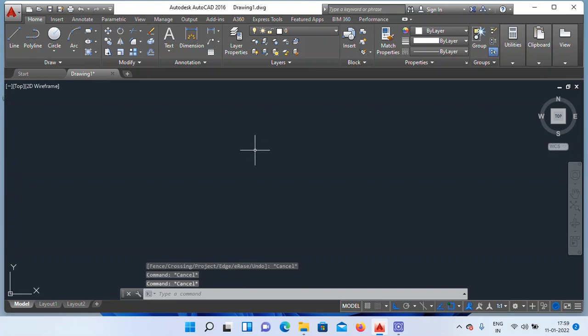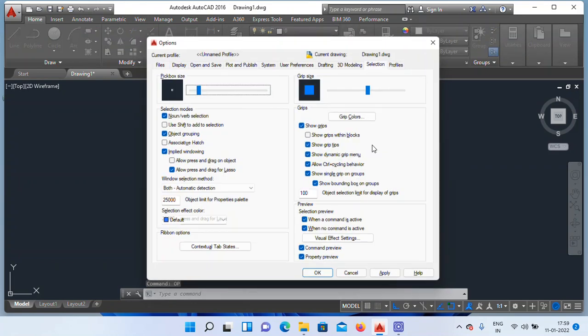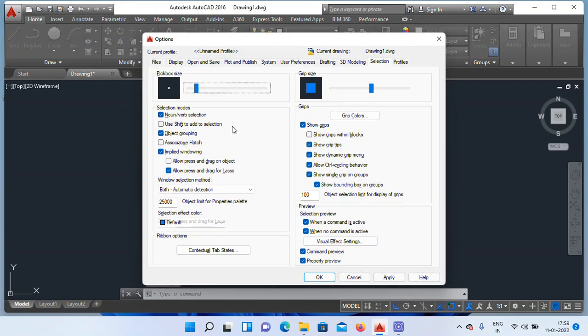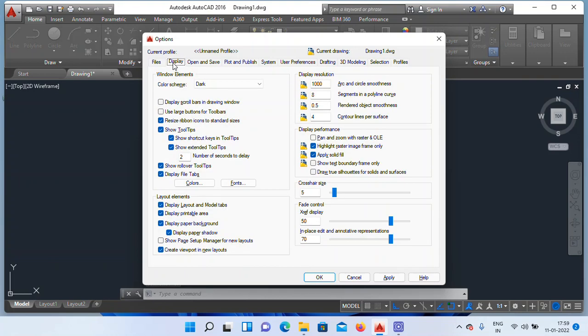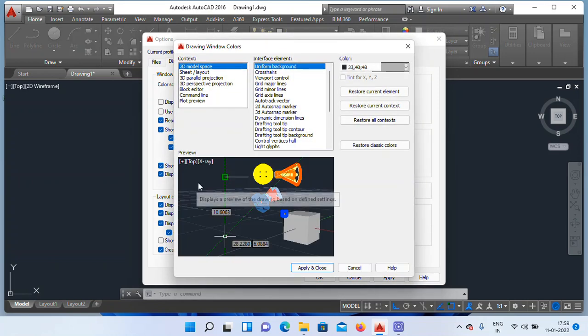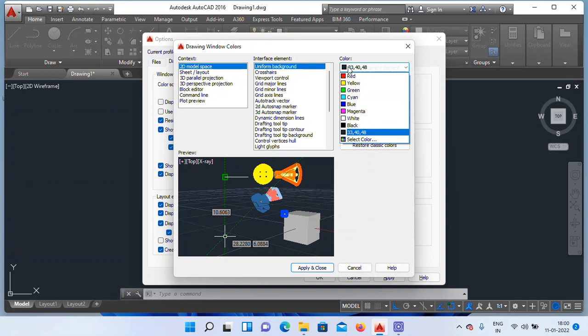If I want to change this black color into white, how to change? Apply the option command, OP, right? Click on display, right? Click on colors, select the required color here, for example white or any color whichever you need.